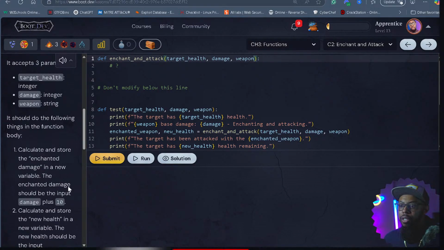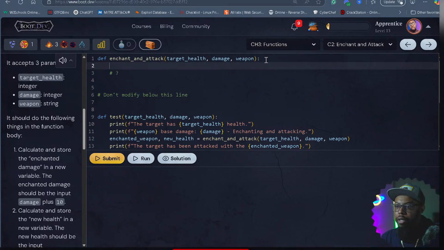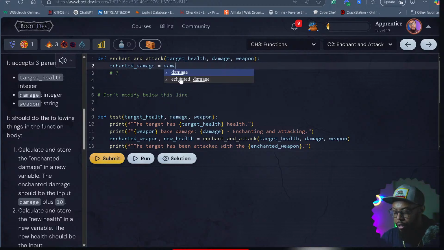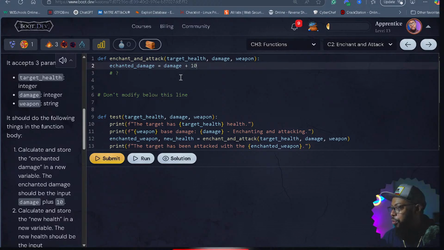It should do the following things. Calculate and store the enchanted damage in a new variable. So we'll call that variable enchanted damage. Okay, and what is this supposed to do in here? Should be the input of damage plus 10. This time I'm not ignoring the